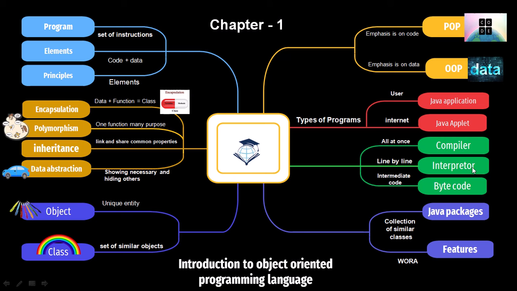Go through compiler, interpreter, and bytecode. The compiler will compile all at once, converting the source code to object code. The interpreter, line by line, will convert to intermediate code, which is nothing but the bytecode. Java packages are a collection of similar classes, and go through all the features available in Java. Clear? And then the next one will be